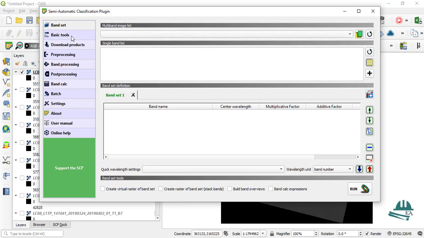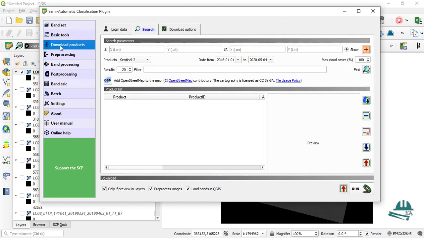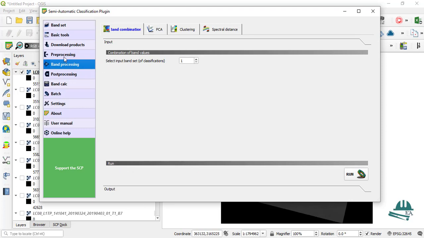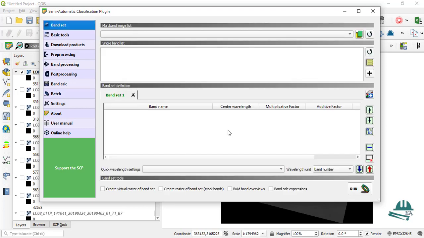This is one of the most essential plugins if you are working with Landsat images. It allows you to do different types of work while working with Landsat and other satellite images. You can even download Landsat images as well as other satellite images from here. You can process them, you can clip the raster. Any tools that we need to work with raster data are available in this SCP plugin.